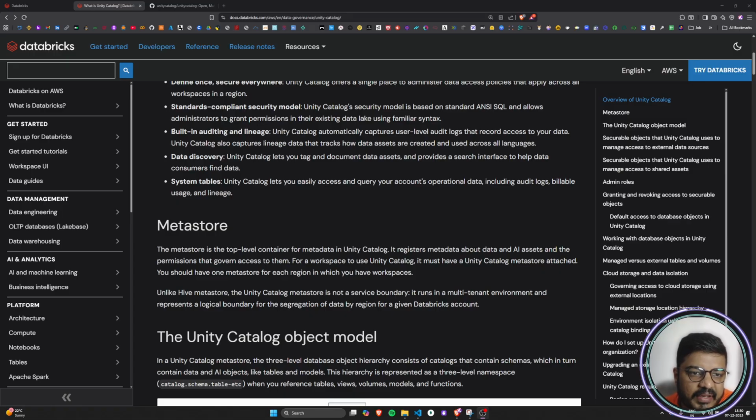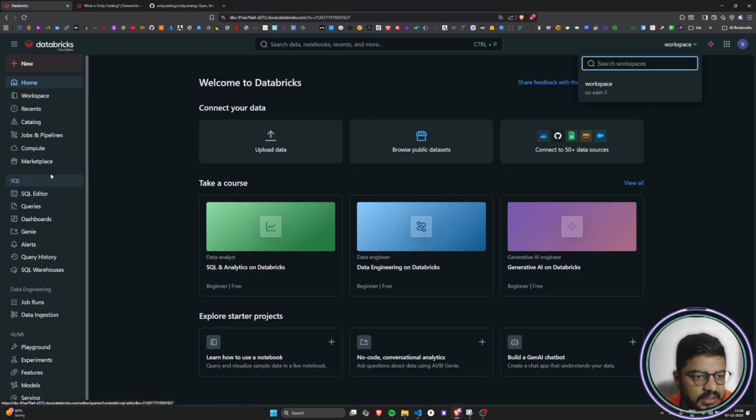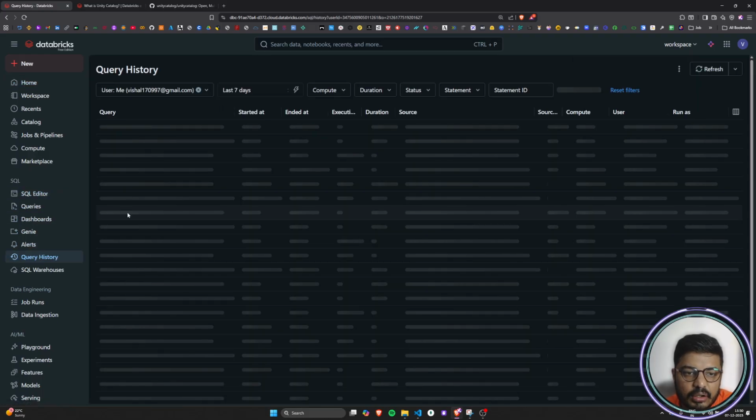Okay, then we have the built-in auditing and lineage. So Unity Catalog automatically captures user-level audit logs that record access to your data. Unity Catalog also captures lineage data that tracks how data assets are created and used across all languages. So the very first thing that it will do is capture all the logs and the access of the data. Right. So if I go to my Databricks and go to my query history,